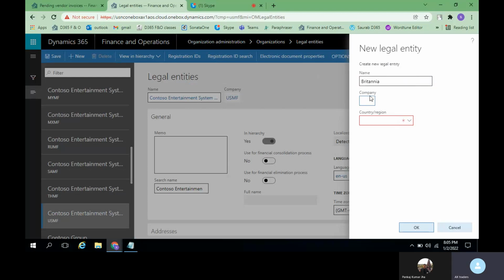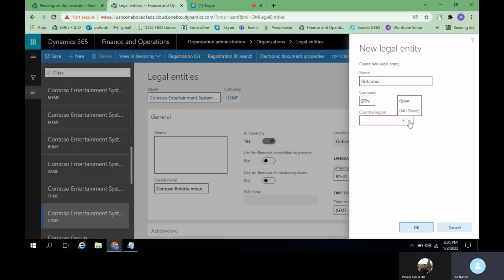If there are multiple companies, you can give one, two, three, like a serial number, or you can just give it as a short form. Just give it as BTN as a short form.